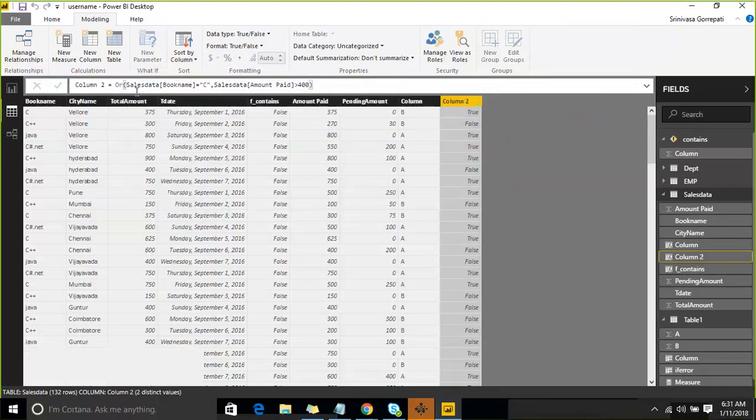Similarly, OR. OR is going to verify at least one condition is true. If at least one condition is true, it is going to return a true. So that is what OR does. So whenever you are working with two expressions, we are going to use AND or OR. The next one is